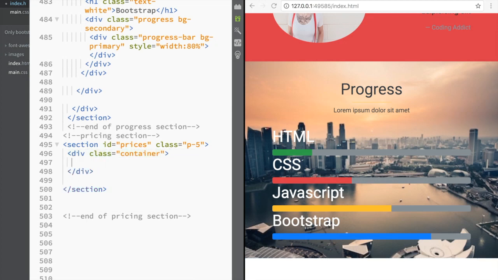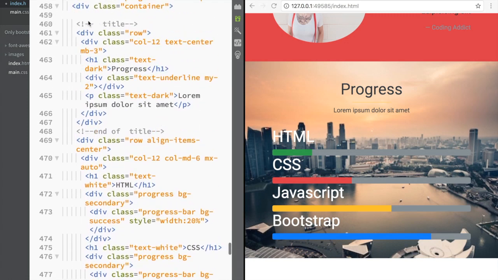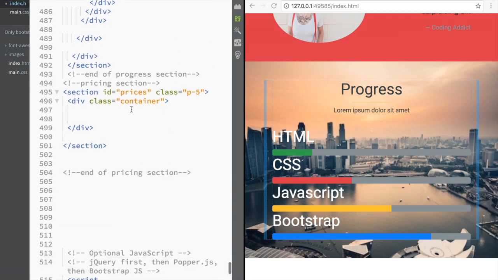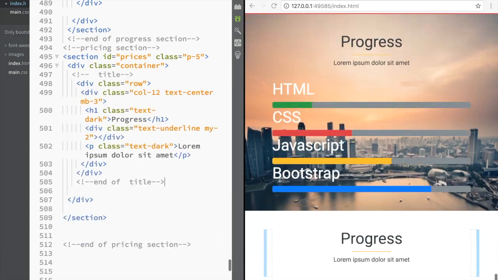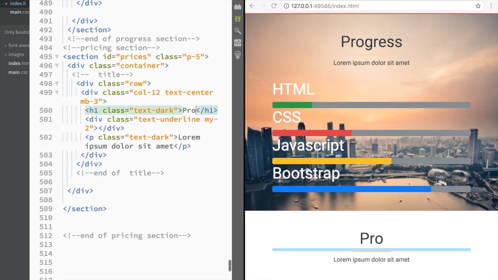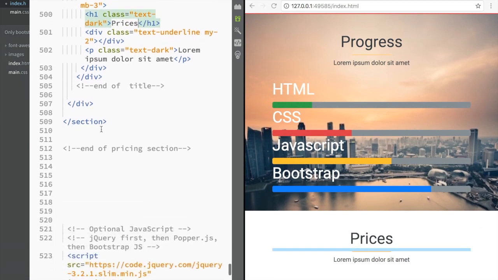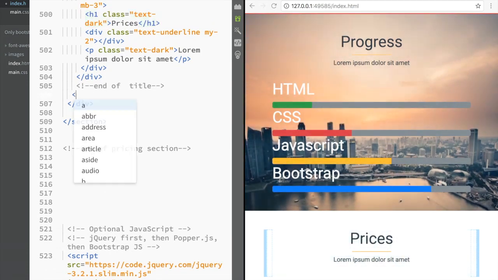Now after that, once the container is done, as always, then we need our title, right? So we're going to copy this one over here, and we're going to drag it over here, and we're just going to find where's the container, and here we're going to place it, right? So now we have our progress, and we're just going to call this one prices, right? So this is going to be our prices,